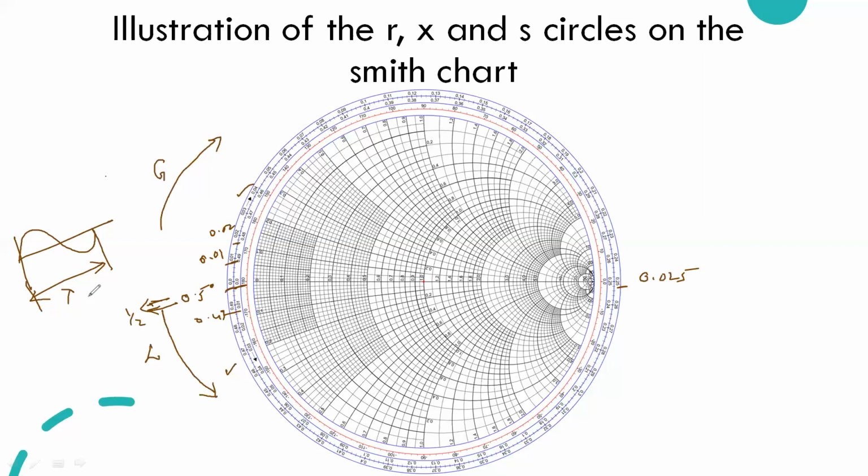If you equate this with respect to wavelength, it is lambda by 2, that is, the wave has traveled a half wavelength. To get a half wavelength, you need to rotate your pointer through 360 degrees. To get the total value, the full wavelength lambda, you have to go for two rotations. Two times you need to rotate, which is equal to 720 degrees.